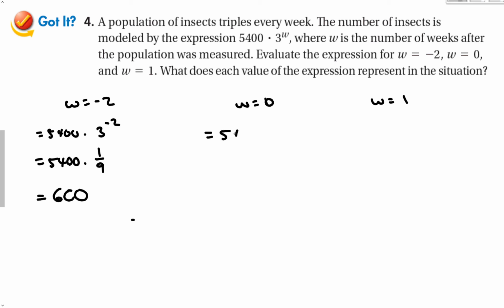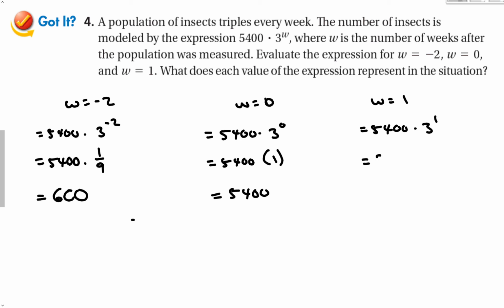So this is 5,400 times 3 to the 0 power. 3 to the 0 power is just 1. So this is 5,400. And finally, this is 5,400 times 3 to the first power, which is 5,400 times 3,